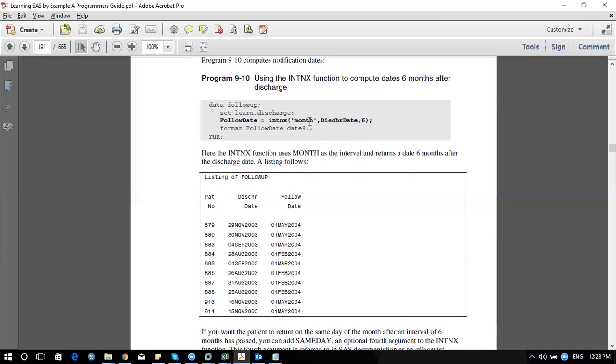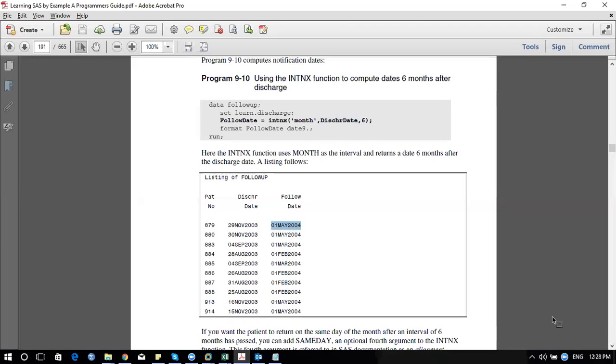So now we have a month. I wanted to get the follow-up date based on month. So let's say my discharge date is this. I want the next date after 6 months. So this is November to May. If you calculate, this is 6 months. But sometimes your requirement is to get the same day, correct? Now you visited on Monday, and you want after 3 months a Monday to be the date, correct?